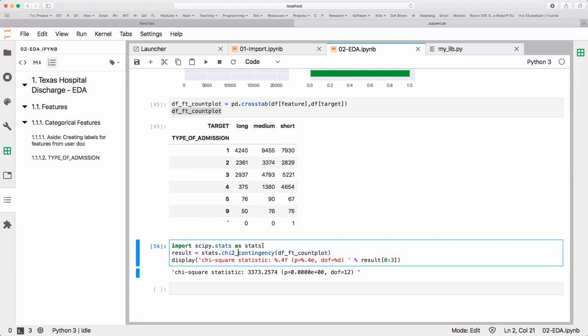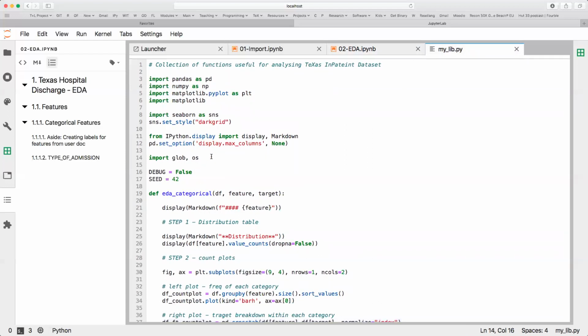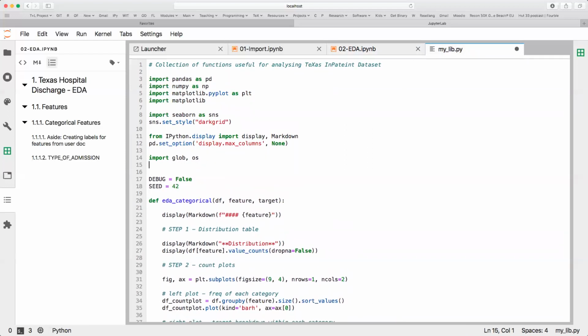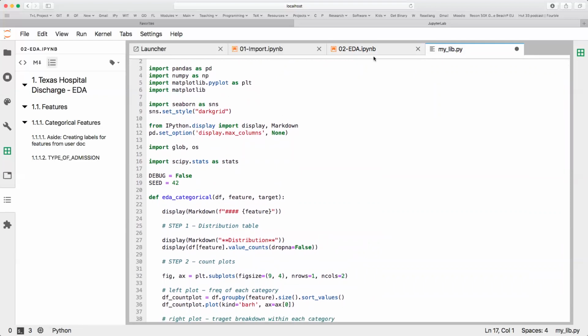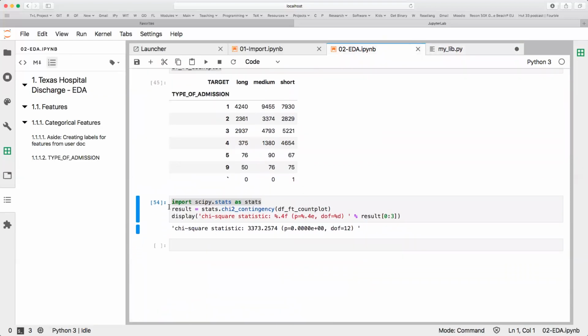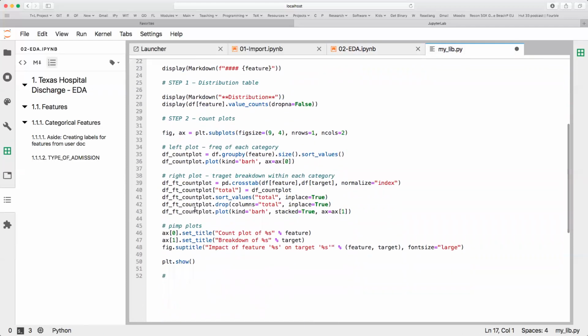All right. That's that bit done. I need to put that into my library that I'm building up. So I'm going up to the very, very top, and at the very top, I'm putting in my various functions, and I'll put these in some sort of logical order. All right. So I have my stats in there now. The next thing is I take all the rest of my rubbish that I have here, and I go back into my library, and there's step 2. Now this is step 4. Sorry, I can't count. Step 4,